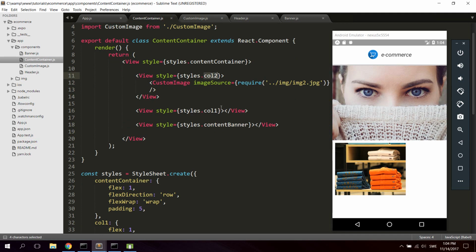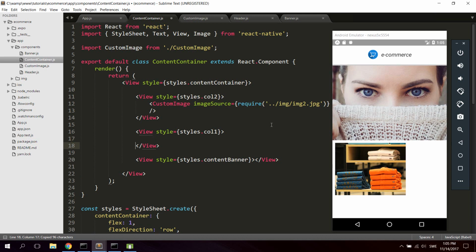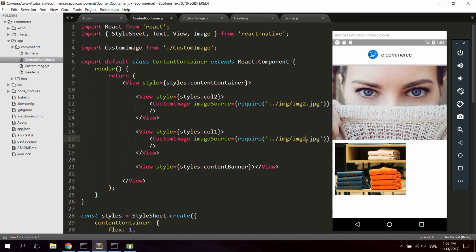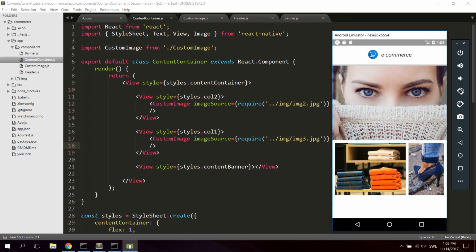So we got this column 2 with a flex of 2, right? So it's bigger than half the screen, of course. Now let's add another image to the column 1. Just copy this part and paste it here. I'm just gonna use image3.jpg and reload the emulator. Let's see what we got now. Yeah, now we got this image right here as well, and as you can see, they are perfectly splitting the space between them. As we said, column 2 a little bit bigger and column 1 a little bit smaller,